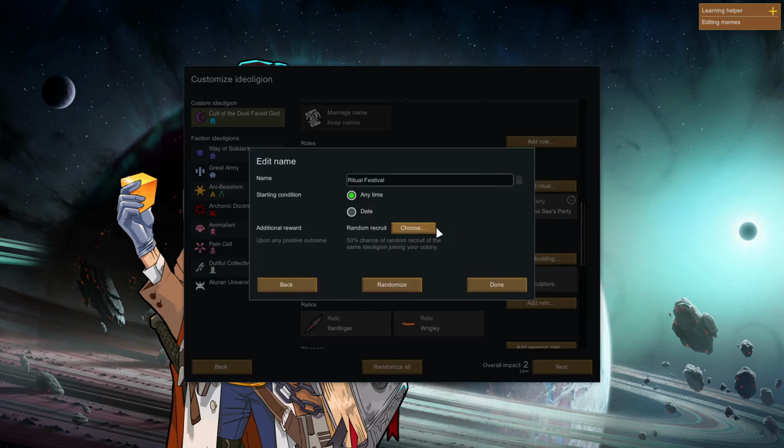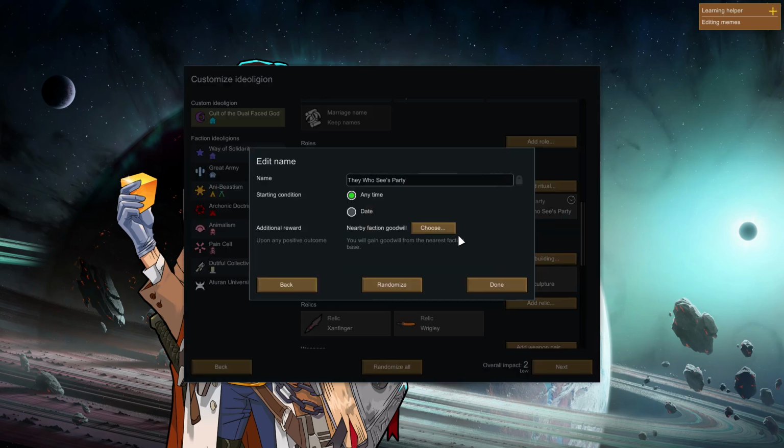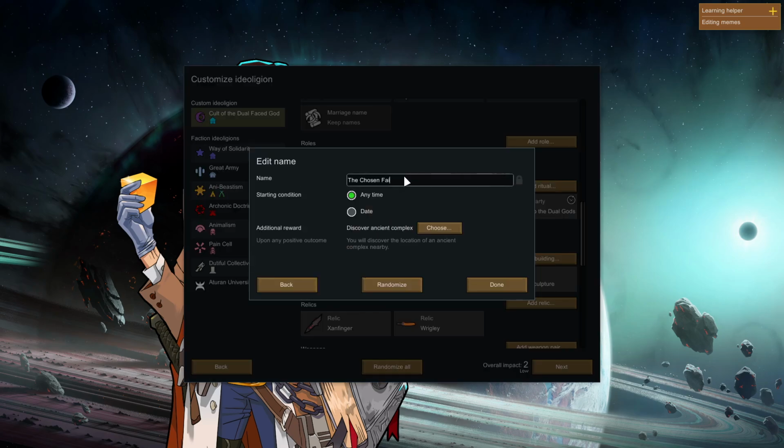The Sky Lantern Festival, I wanted this too. So this was the Ritual of Light. We get a chosen recruit from that one. This dance party was the praise to the dual gods, I think was the name. We get a nearby faction, Goodwill. And then this one here was